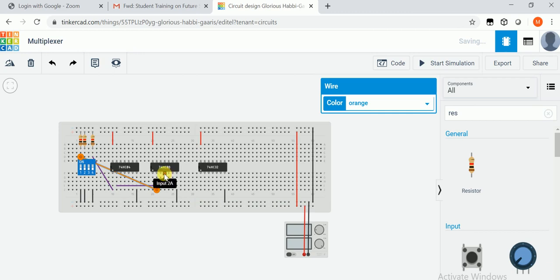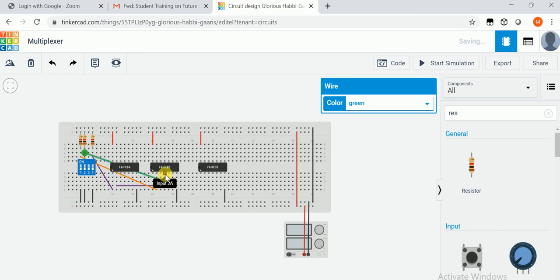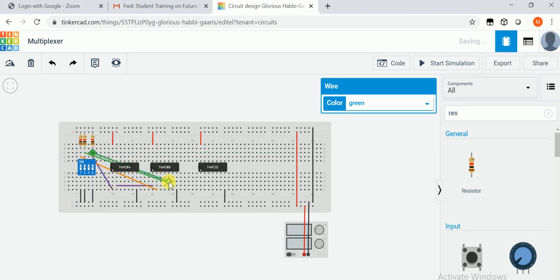Now we will utilize the second AND gate, for I1 into S. It will be directly connected with I1, which will be the second switch I1, and this should be connected at the fourth pin, because the fourth pin will be the second AND gate. I1 and S will be directly connected to its second input.